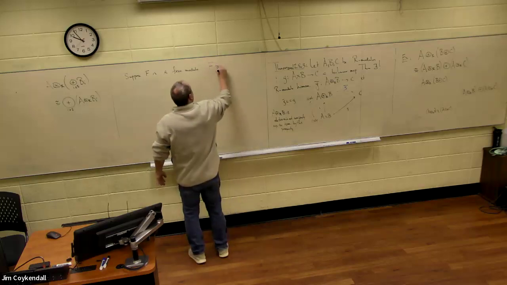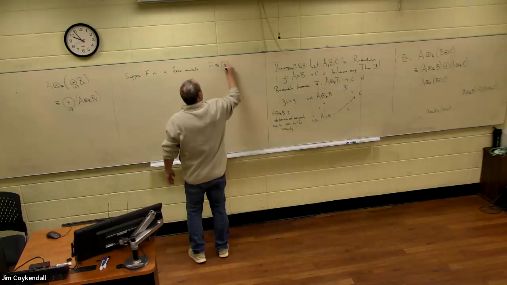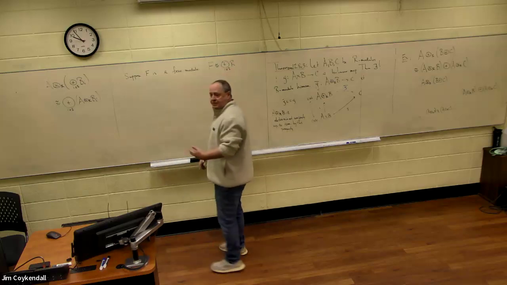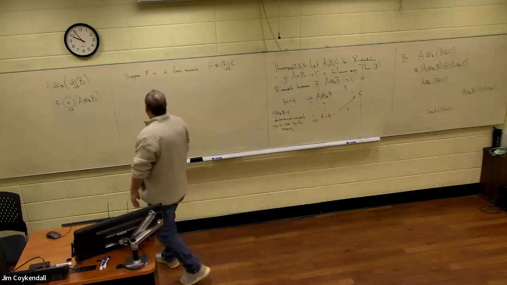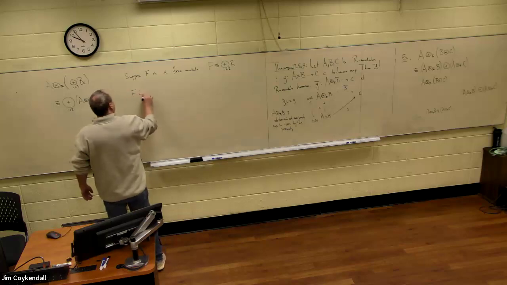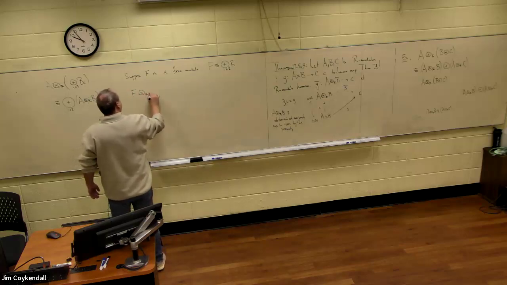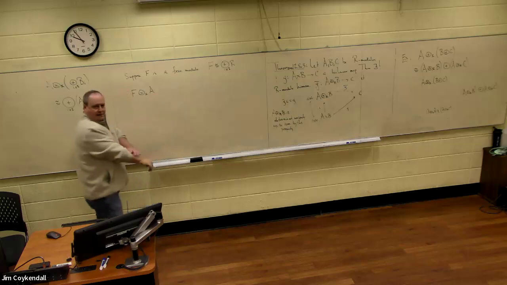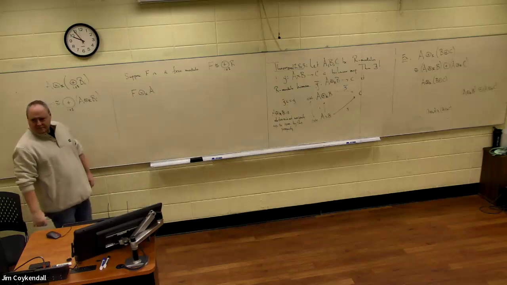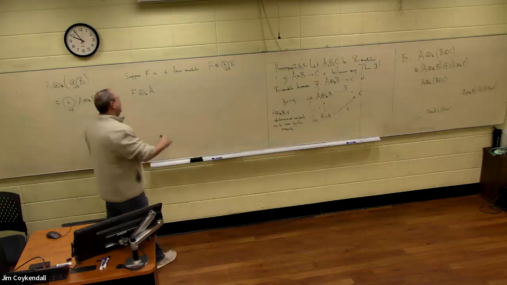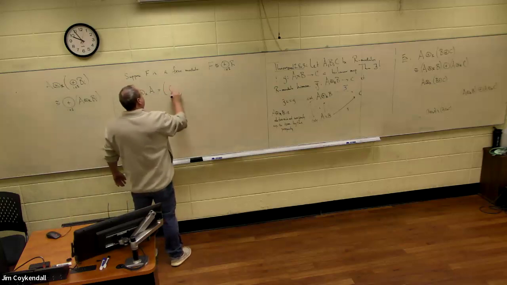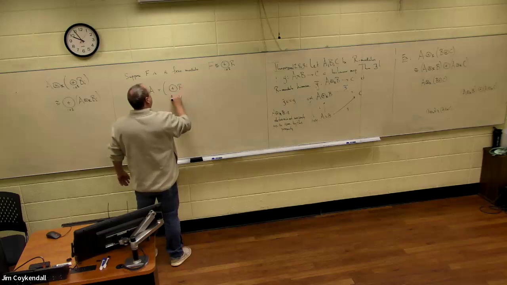So F is isomorphic to the direct sum of copies of R. And once you know how big the index set is, that's all you need to know. What happens when you take F tensor some module A? Well, this thing is the direct sum